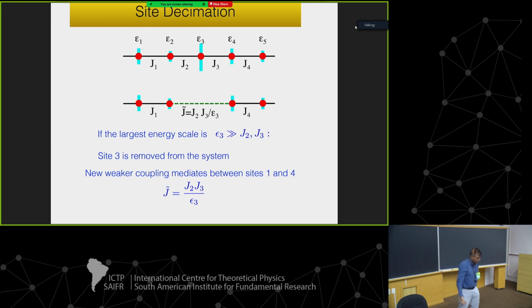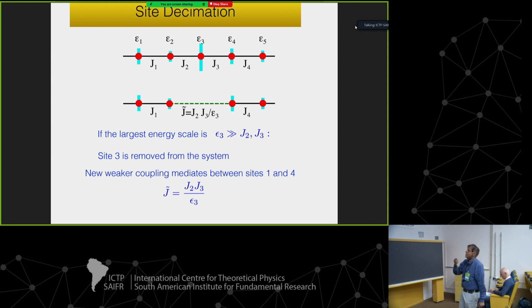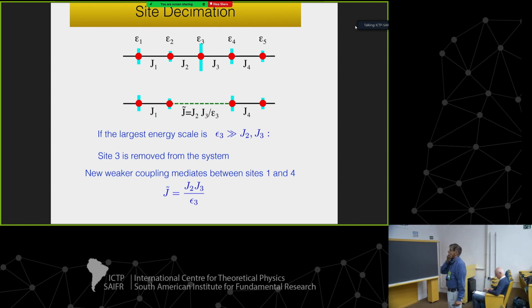Okay. So let's look at it very quickly. I can't go through the SDRG process in these lectures, but let's look at what the SDRG entails. You go through your chain of Josephson junctions, and you figure out what's the largest energy scale. In this case, suppose the largest energy scale is an on-site distance to criticality. Let's call that epsilon 3. So you integrate that degree of freedom out, and what that does is it generates a weak coupling between the initially unconnected sites.